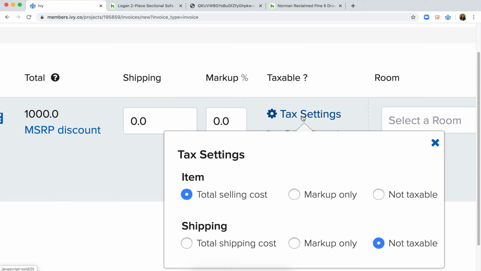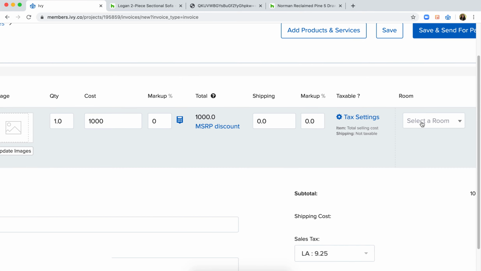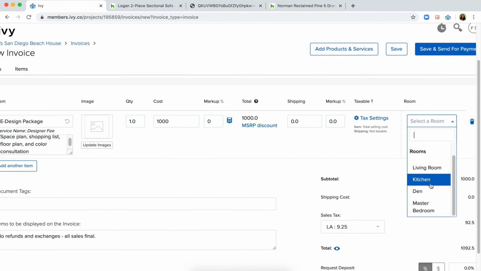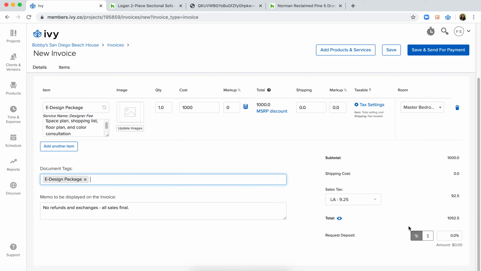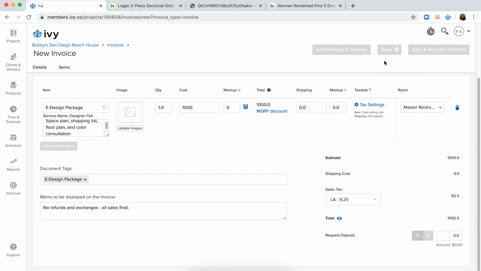And if you need to, you can always define this as taxable if it's taxable in your state. If services are taxable in your state, you can go ahead and do so over here. And of course, if this is assigned to a specific room, like the master bedroom, that will just help you organize it even further. I can add the document tag here so it's easy for me to identify at a glance. So I can call this e-design package, add a default memo over here, and even request a deposit. So once I save it,